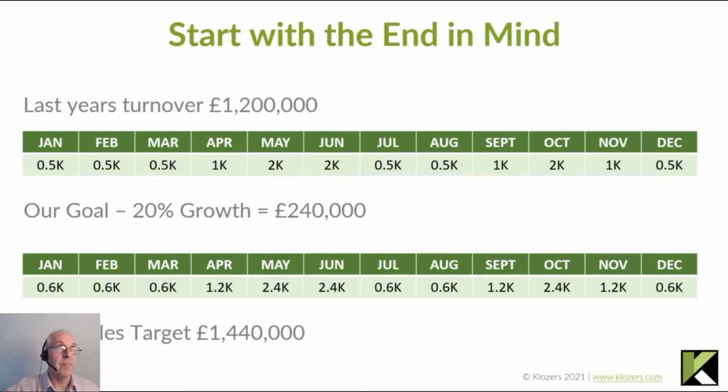Equally, if you are in some way recovering from the pandemic, the lockdown, 20% might seem too much of a stretch target. My gut tells me that if you've not got 20% down, it's just not ambitious enough. I'm not trying to criticize anybody, but for us, you've got to be ambitious, and you should be aiming for that 20% growth. So 20% growth onto 1.2 million is going to take you up to 1.44